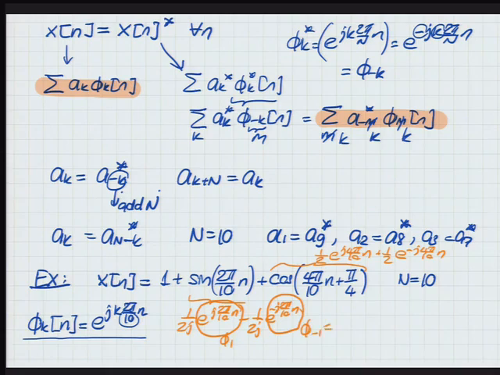But if we choose to go over k, say, I don't know, what did I do in this example? Let's go from 0 to 9. It could have been 1 to 10, doesn't matter. But if we choose 0 to 9, then phi negative 1 is not a valid k. But that's the same as phi 10 minus 1, which is 9, right? So this guy here is phi 2, right? This is phi negative 2, but that happens to be the same as phi sub 8. Okay? And we don't have other terms.